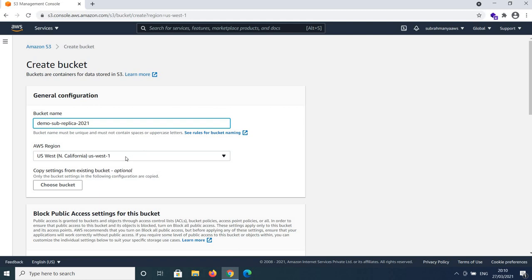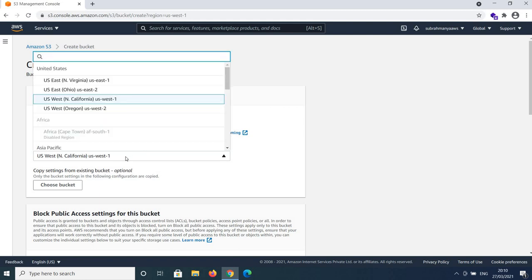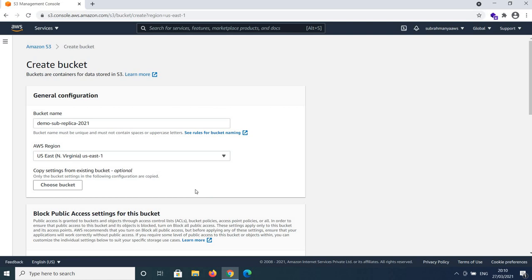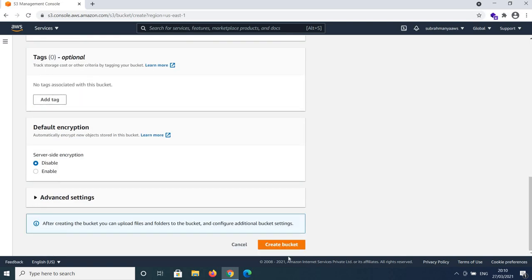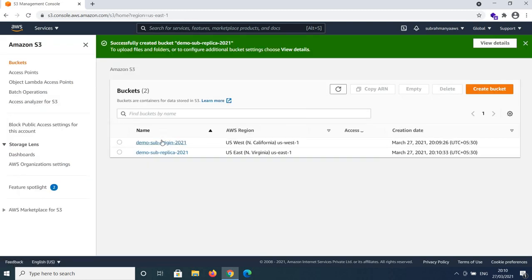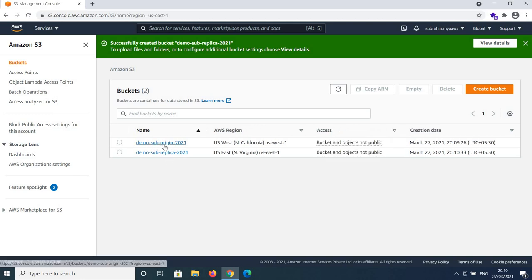And I will take US East 1 AWS region, and I will scroll down and we have to enable bucket versioning. Click enable, scroll down, click create bucket. So now we have two S3 buckets. One is demo sub origin 2021 and second one is demo sub replica 2021.